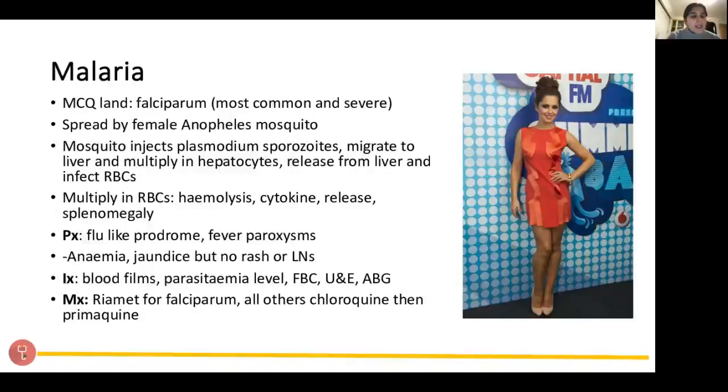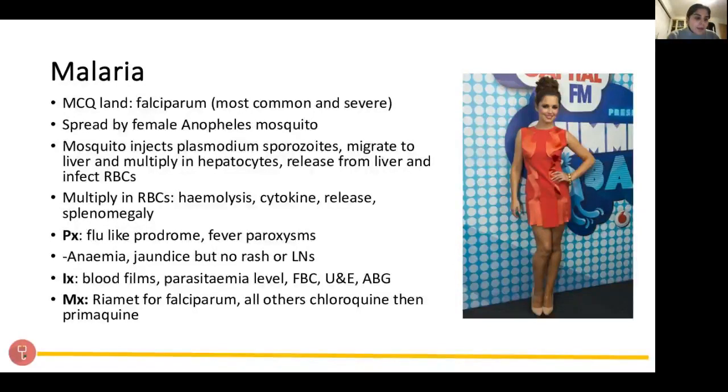So there's Ovale and Vivax, but they're very rarely tested in finals. Falciparum is the most common in real life and the most severe and the most likely that you'll be tested on. As we said, it's spread by a mosquito, and the mosquito injects its Plasmodium sporozoites, which go to the liver, migrate into your hepatocytes, and are released from the liver to infect your blood cells. And in the liver, they become something called merozoites, and you get hepatosplenomegaly